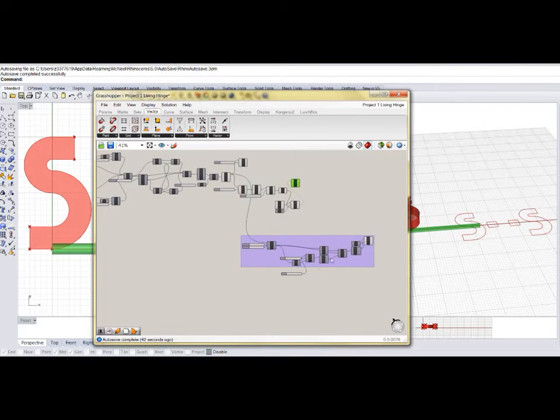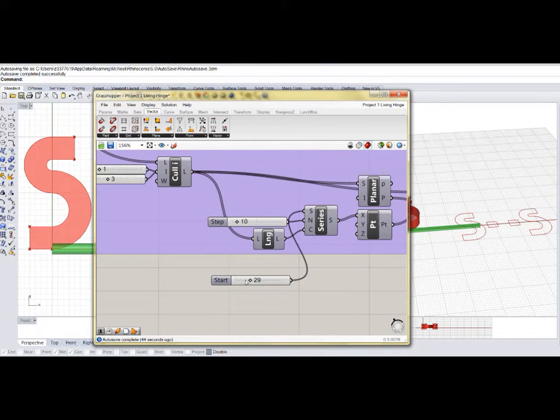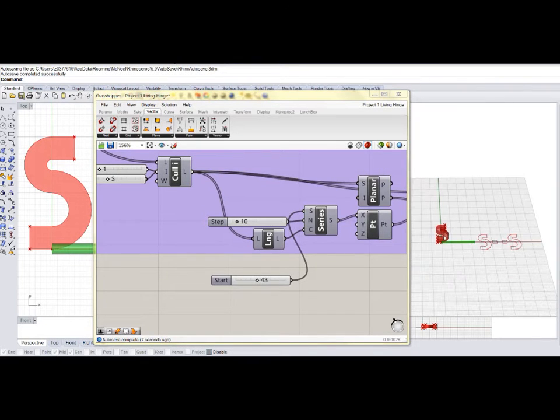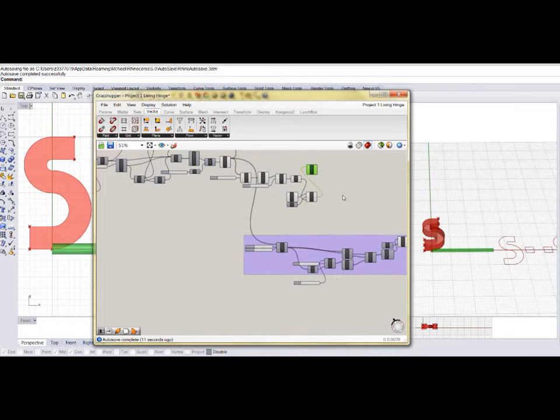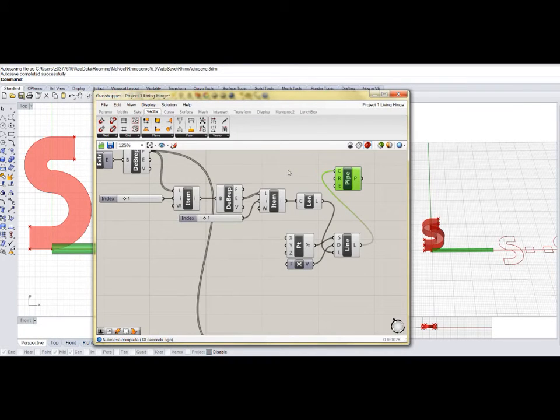So let's go back to our series component and let's alter this, move it across the page. Excellent. Let's go back to our living hinge. Now let's de-preview this pipe. We just use this pipe component for viewing purposes. So preview,